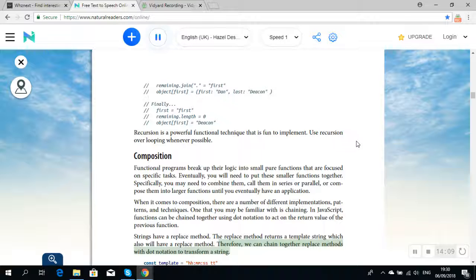Therefore, we can chain together replace methods with dot notation to transform a string. const template = "hh:mm:ss tt"; const clockTime = template.replace("hh", "03").replace("mm", "33").replace("ss", "33").replace("tt", "PM"); console.log(clockTime);